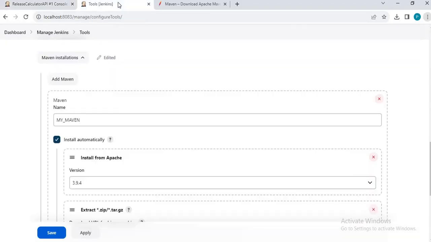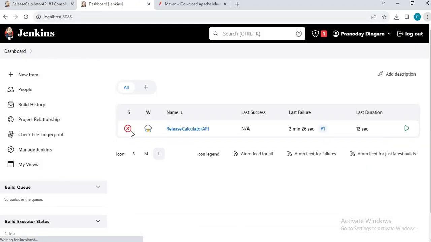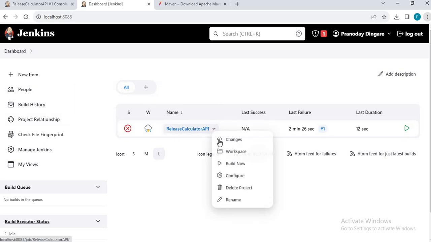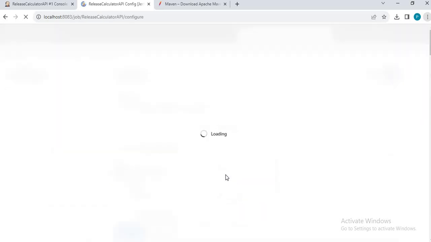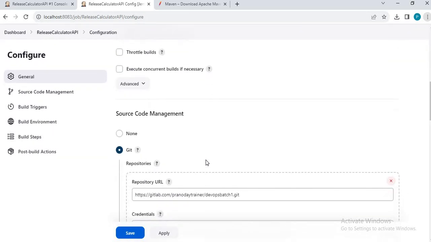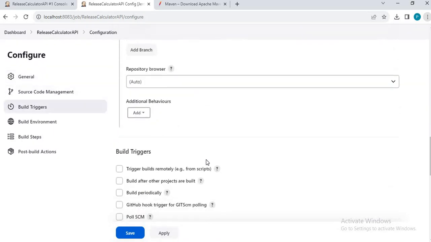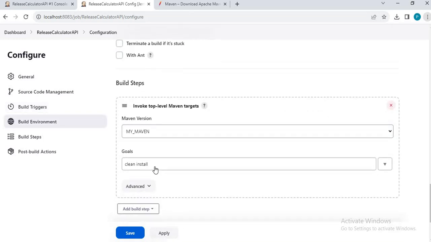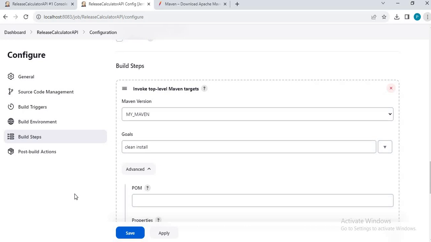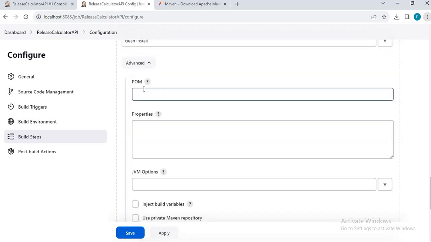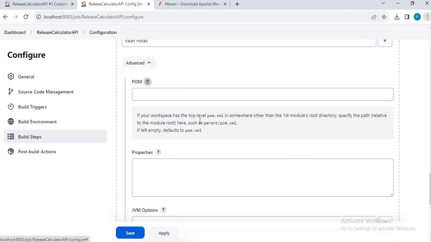So let's go to our job. I'll say configure. Let's scroll down and let's go to advanced. Correct. Now here you can provide the path: if your workspace has the top level POM-XML somewhere other than the first module's root directory, specify the path relative to the module root, and if left empty, it defaults to POM-XML.